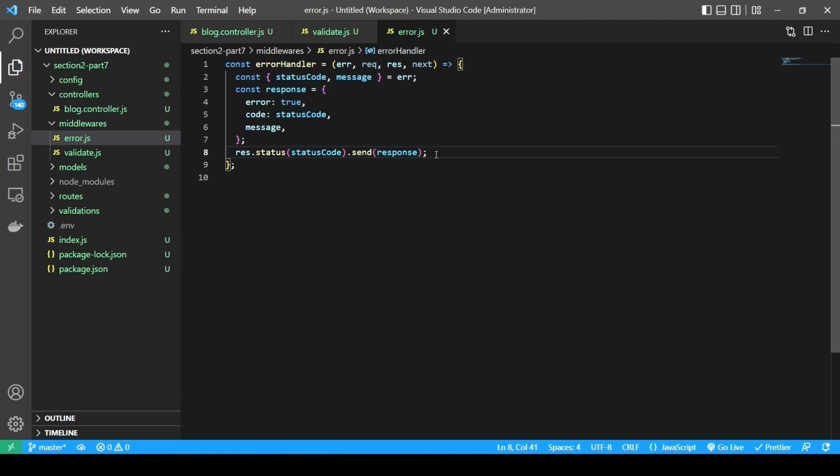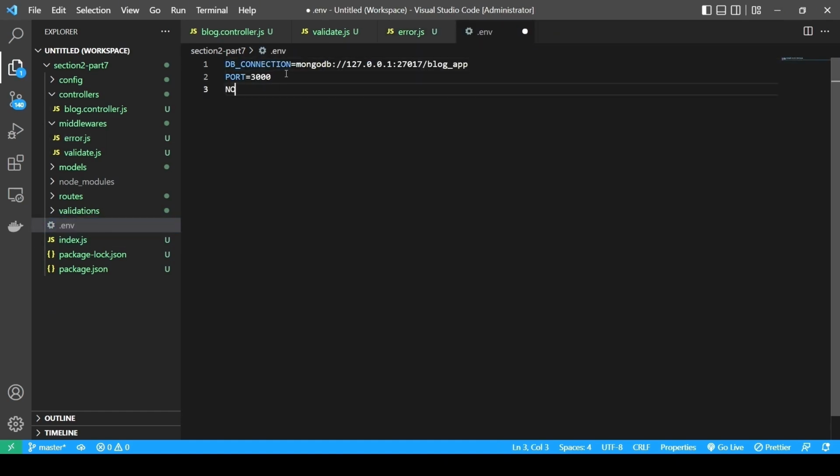Okay, so it's basically taking error and response, and it formats and sends it. I will also add an environment variable to differentiate the error handling for production and development, because in production, we don't want to expose any errors, and in development, we would like to see the errors. Inside the .env file, let's define node_env